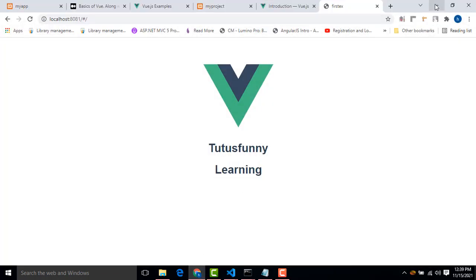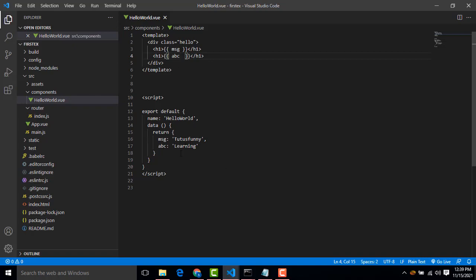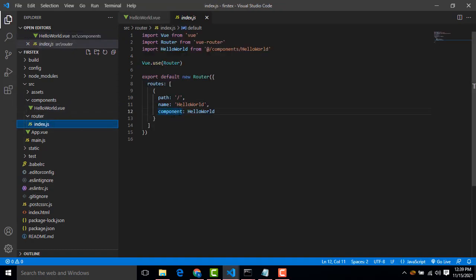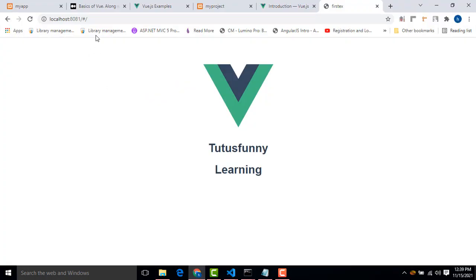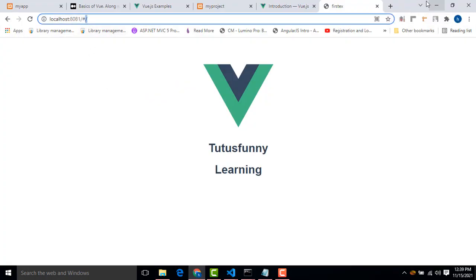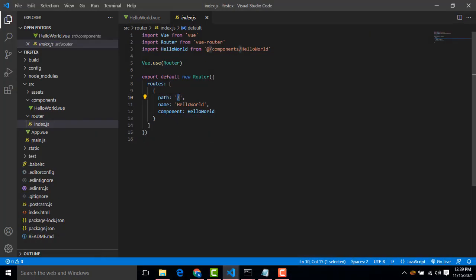This is how we have to write it. Simple. This is a component where it will be running. How to run it is through a route. So, inside the route, when the path is coming like this, and the path is coming like this, this is a route. What are the things? It goes to the